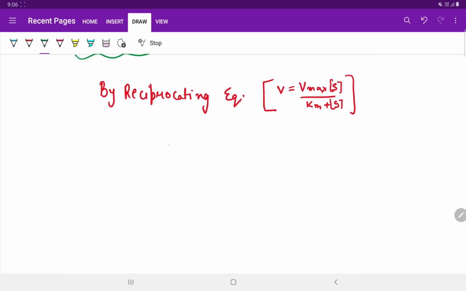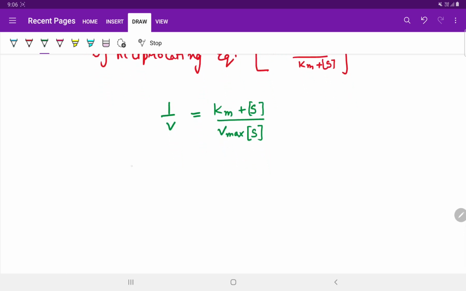So the reciprocals will be like this: 1 upon V is equal to Km plus S divided by Vmax into S. So when we solve this equation, we can see